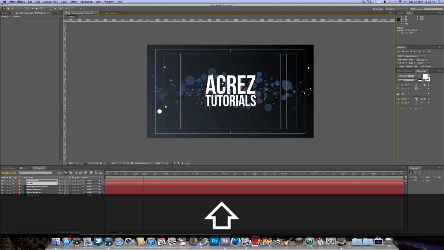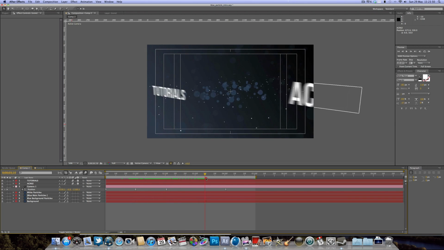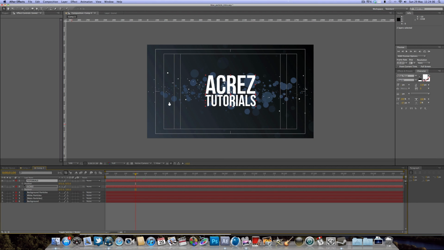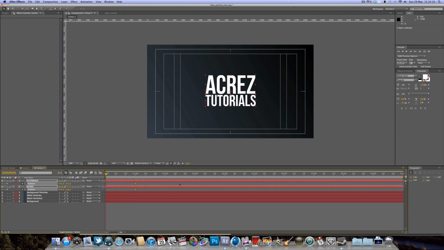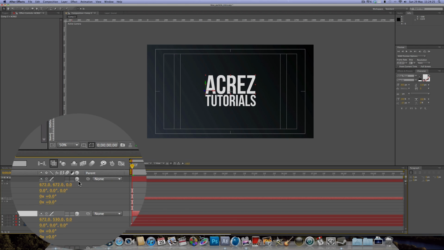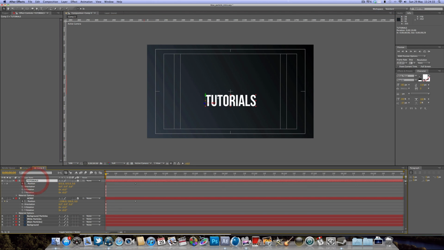So now that we've got our type arranged, if we have a look at the preview, you can see that the text comes across, flies in, and then it flies back off. So to do that, all we have to do is move to maybe one second on the timeline, select both our text layers, hit P on the keyboard, that's going to bring up the position, and then you just want to hit the stopwatch for the position, and then that's going to make a keyframe. And all we're going to do is move to the start of the timeline, select our acres type, and make both of these text layers 3D. So you can do that by clicking on the little 3D box here, and then all you have to do is move one text to the left, select the tutorials, move that one to the right, all the way off the screen, and if we hit play now,